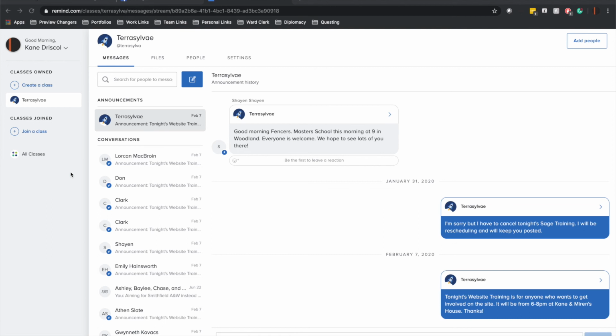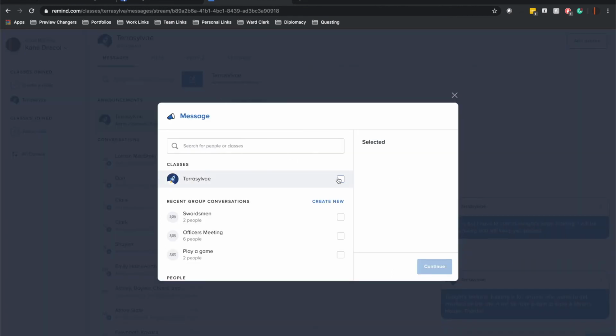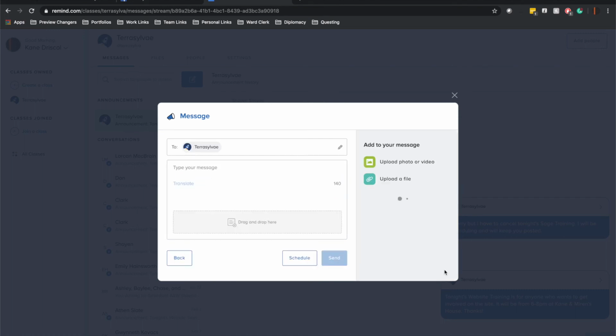But the general idea is that a few days before the event, or maybe the day of, you can jump into Remind and send out a quick text reminder to everybody in the group. Everybody in Terra Silva can get notified, or everybody who's signed up for the texting group, and get notified by text. So for this event, maybe I'm thinking day of, I can write, don't forget,